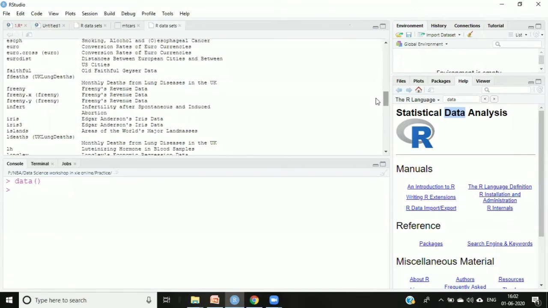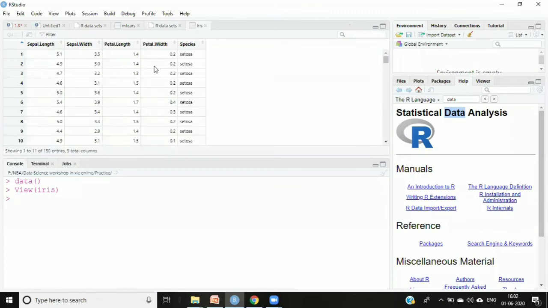Now, if you want to see the different contents in these data sets, you can always view them using the View command. V is capital. In the brackets, you mention any name. For example, let's say I want to see the content of this iris data. I'll just copy and paste it over here and enter.